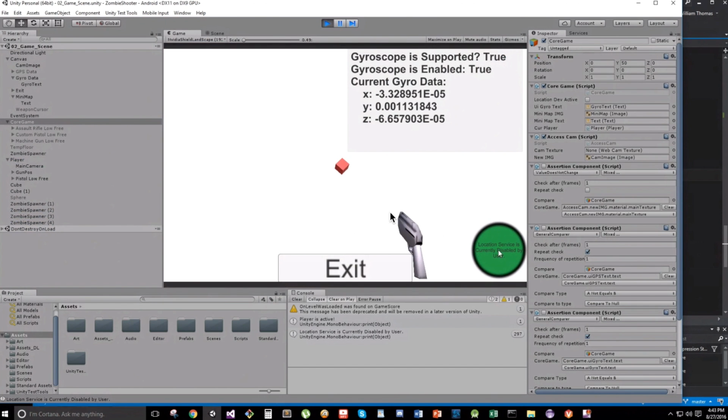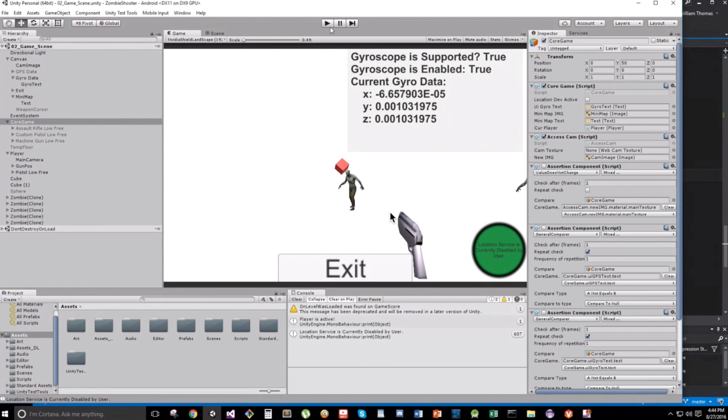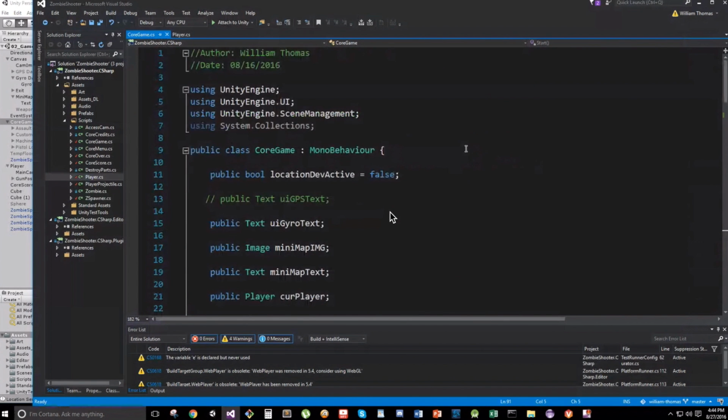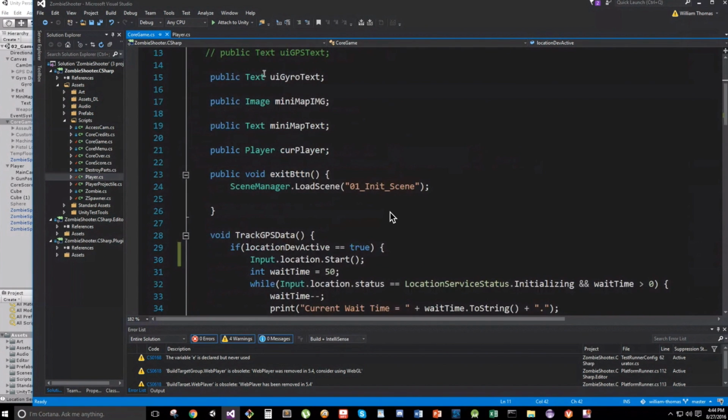So right now, location service is currently disabled by user because I'm using it on my desktop. But let me get to my code. To start, I have a boolean for whether the location device is active. Next, I have